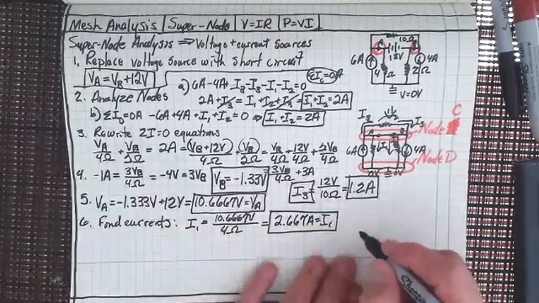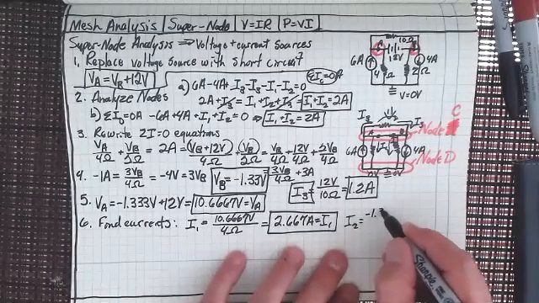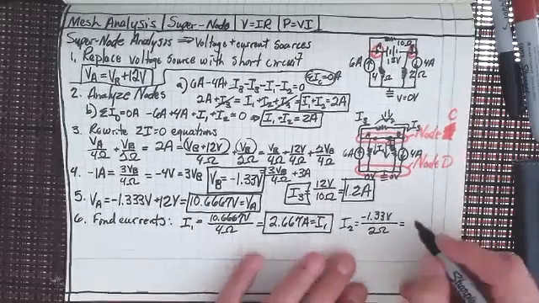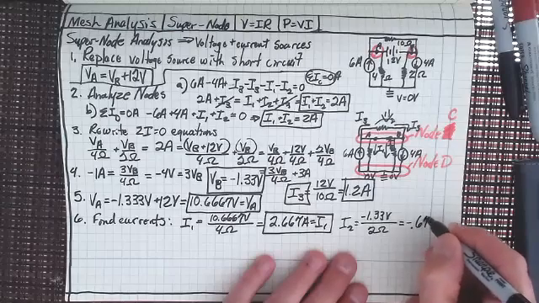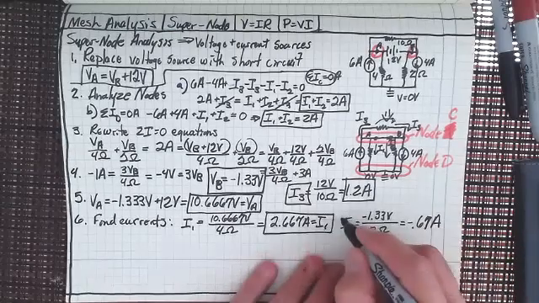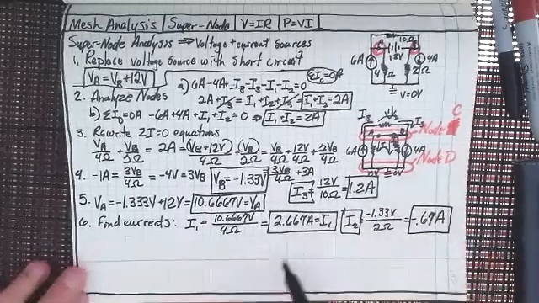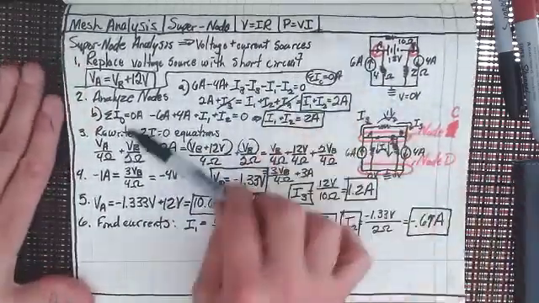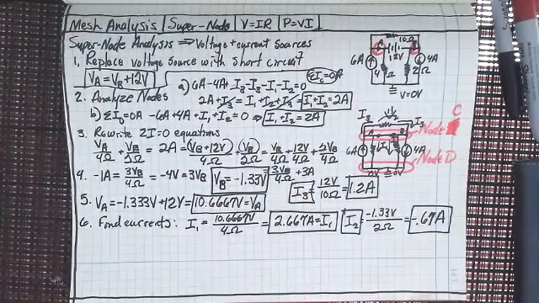And then the other one that we want to do is, of course, I2. So I2 is going to be minus 1.33 volts divided by 2 ohms. So that gives me minus 0.67 amps. Right, so I2 is minus 0.67 amps. You see how I've done this in the process? That's the process that you want to look at. You want to look at the nodes, you want to then sum through the nodes,